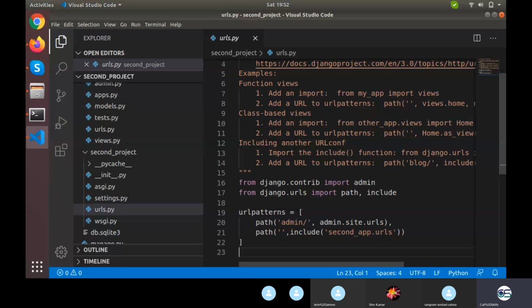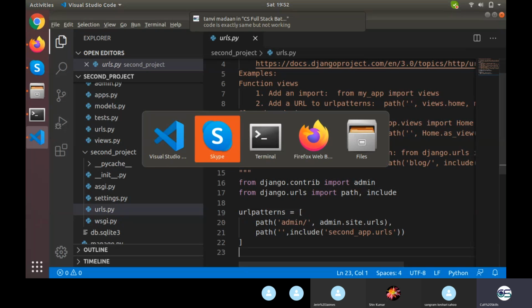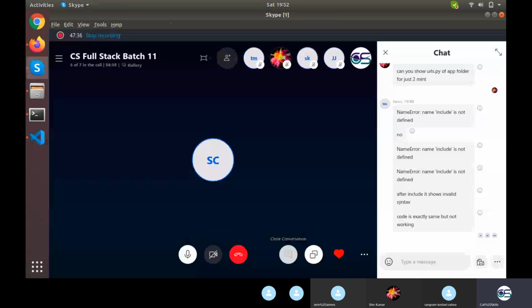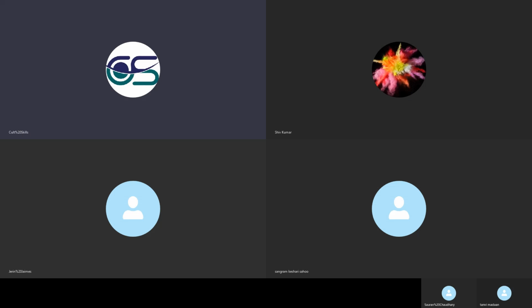I hope Tanvi, it's working now. Or else just share your screen and I'll navigate what to do. I'll unshare mine. So you share your screen.